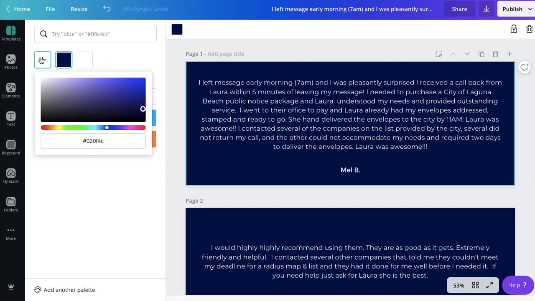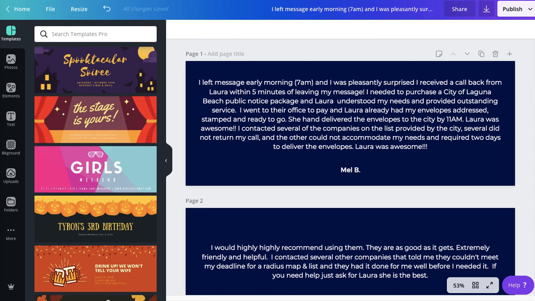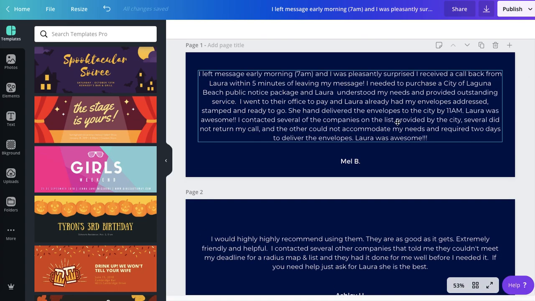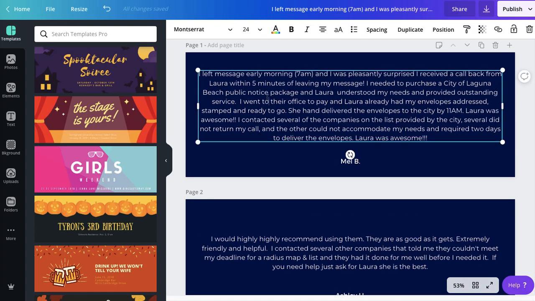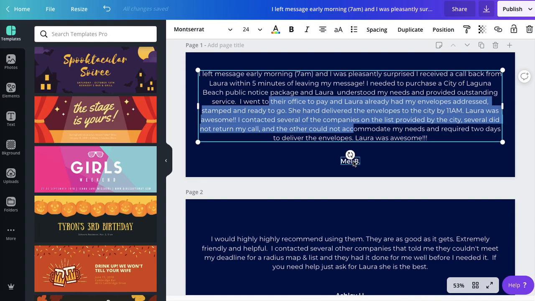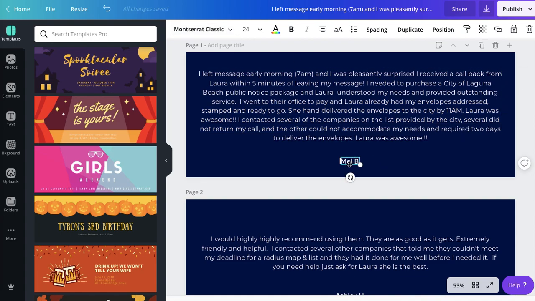So the code is 020FRC. When you want to duplicate, you just click on this icon, so it will create. Obviously the text, so you use Montserrat on your website, so this is Montserrat normal, and it's Montserrat classic, which